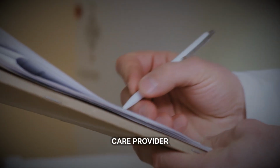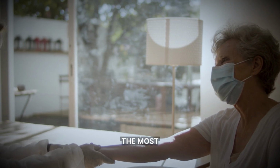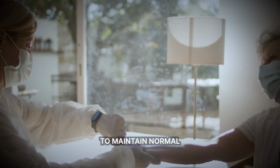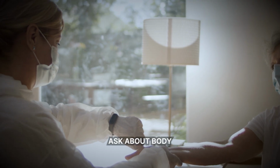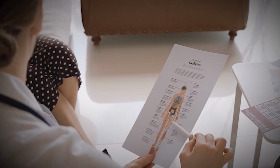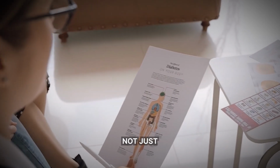Ask your healthcare provider about fasting insulin levels. This test is not always included in routine blood work, but it is the most direct measure of whether your pancreas is working harder than it should to maintain normal blood sugar. Ask about your triglyceride to HDL ratio. Ask about body composition assessment if your weight is in the normal range. And ask about trends in your fasting glucose and A1C over the past several years, not just whether they are